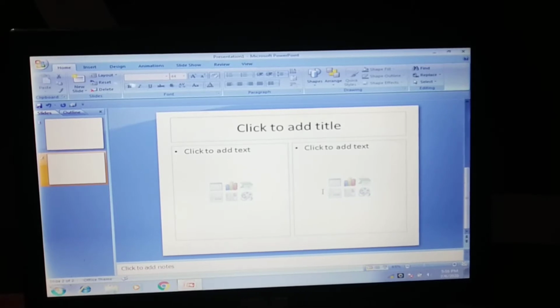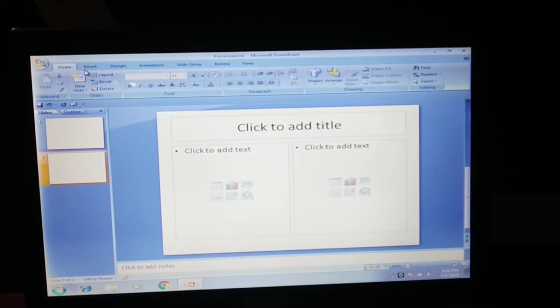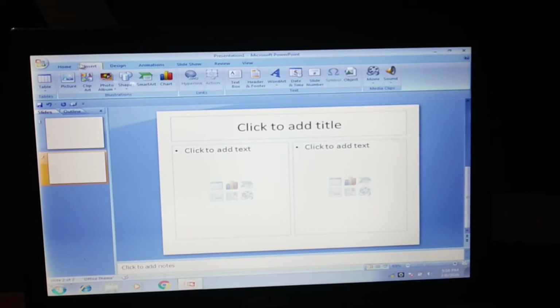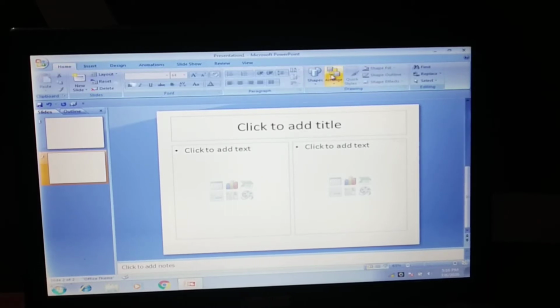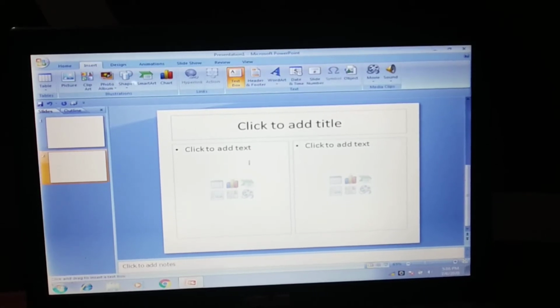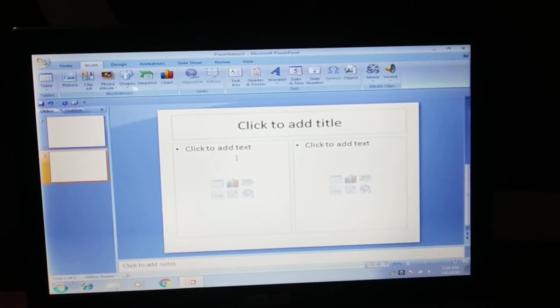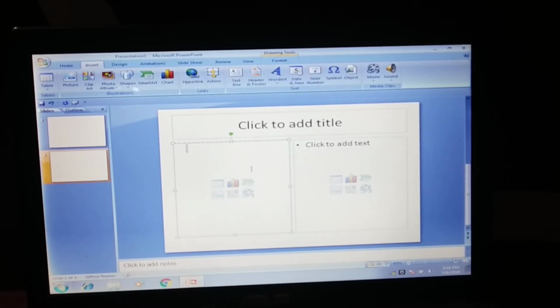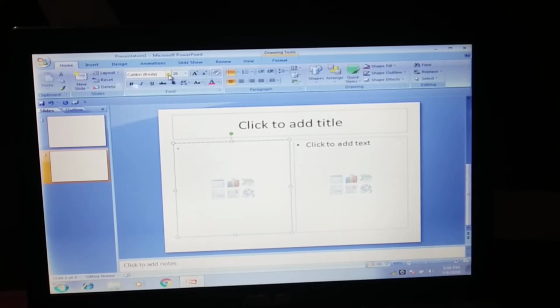And the Calibri font. What is this Calibri font? See, I can show you that if you include text box from this option under insert, if you click on text box and then open a text box here, and if you try to write something, you will see it is the Calibri font. Can you all see, children?